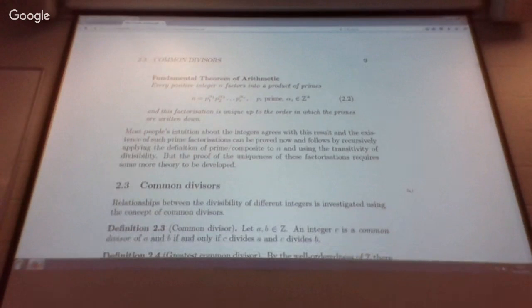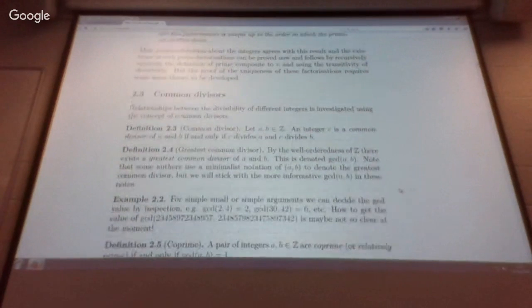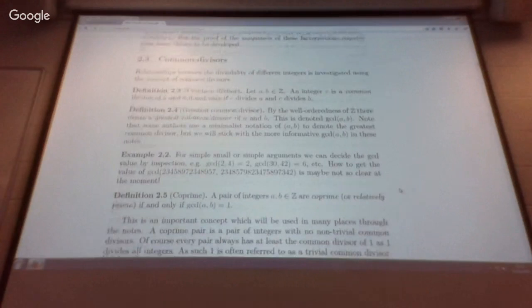Okay. So about to start the fresh stuff now, 2.3 on common divisors. What we're doing here is we're starting to look at the theory of divisibility, with the view to being able to talk about prime numbers and knowing enough about how divisibility works to be able to prove that uniqueness part. So what we're going to focus on is a concept which attaches to a pair of integers, and this is what's known as a